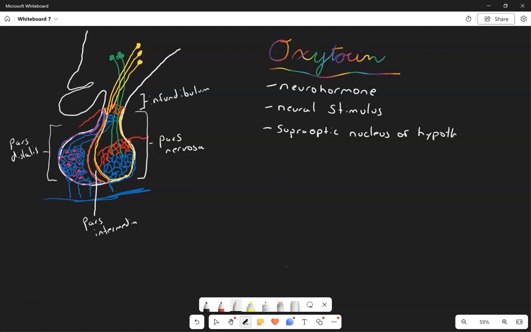Now, when the oxytocin gets released from the pars nervosa, it enters the bloodstream and it targets smooth muscle of the uterus. Now, when this hormone, oxytocin, targets the smooth muscle of the uterus, it is going to result in smooth muscle